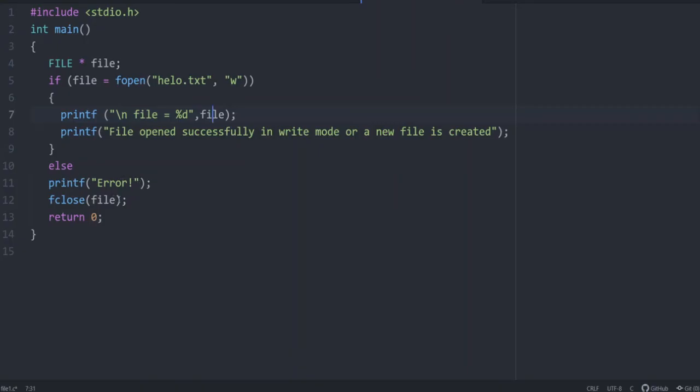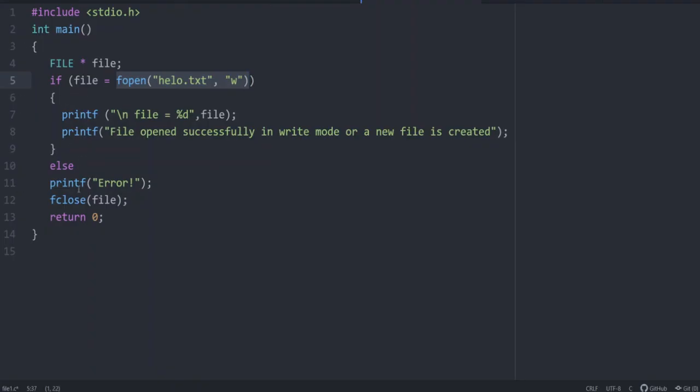And then fclose(file). So here we are using two commands: fopen for opening the file and fclose for closing the file. And here we are opening it in write mode. In write mode, if a file does not exist, then a new file will be created. That happens with this command, and if there is any error, it will return a 0 value, and corresponding to a 0 value, it will go to line 11 where it will print an error.